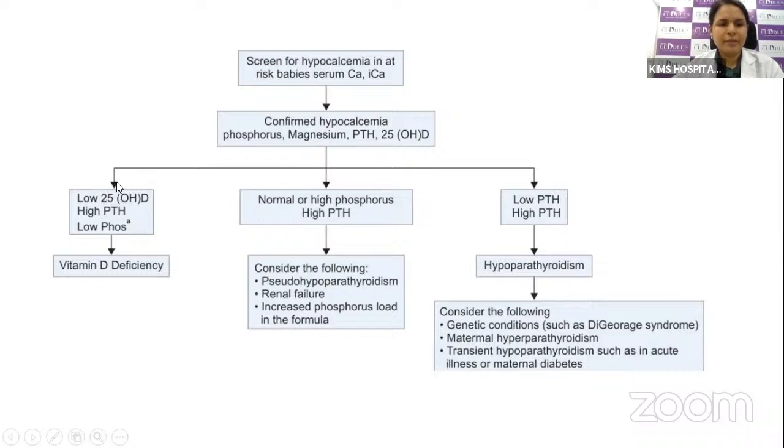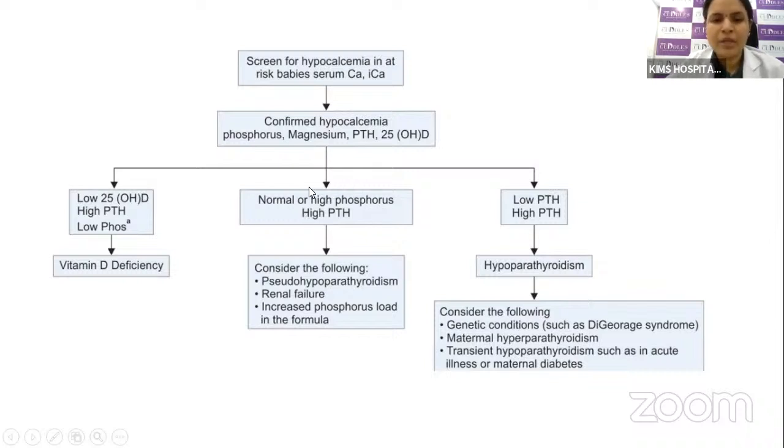So if one finds that the baby has low phosphorus levels, accompanied by low levels of 25 hydroxy vitamin D, and along with high levels of PTH, this is usually because of dietary vitamin D deficiency, and this can be something that is easily correctable with supplementation of appropriately high doses of vitamin D. So usually in newborn babies with vitamin D deficiency or insufficiency, we supplement 2,000 international units of vitamin D daily until around 12 weeks. On the other hand, if you find normal or high levels of phosphorus in a newborn